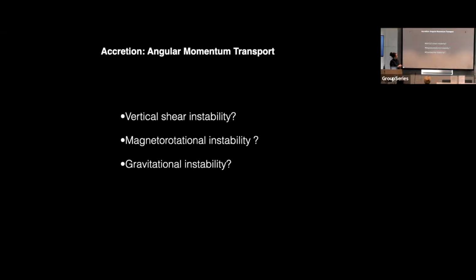The MRI is also likely to be very important, but I think this is not so likely to be important at early times. The reason for this is that it requires a significant amount of the disk to be ionized in order for it to be active. At very, very early times when the disk is very young, it's not clear to me that the temperatures are high enough for that to be the case. So the final option leaves us with gravitational instability. The reason that this is intriguing is because it can happen when the disk is very massive, which happens when the disk is very, very young.